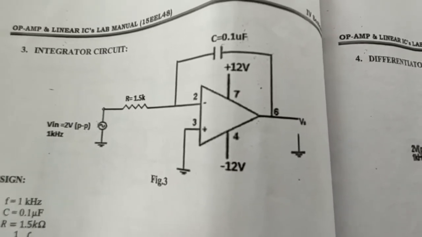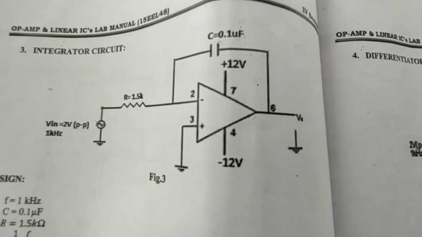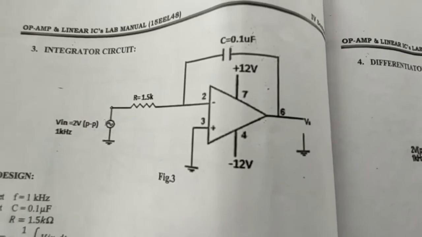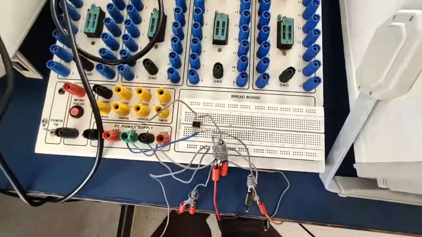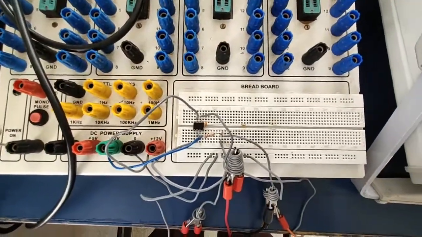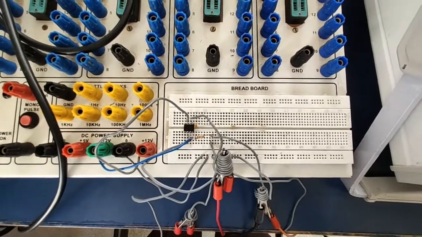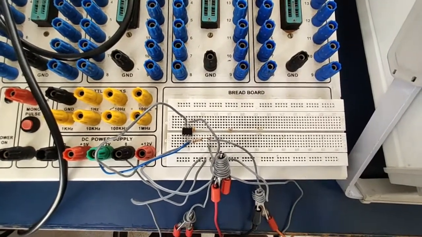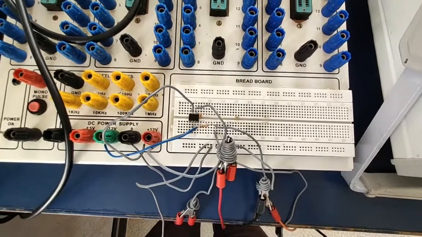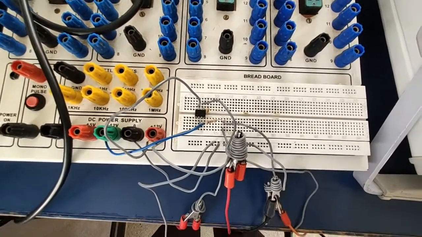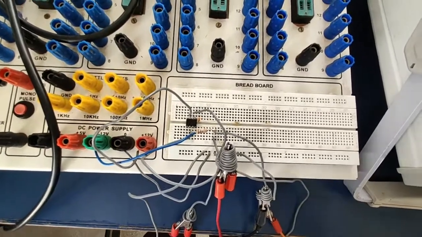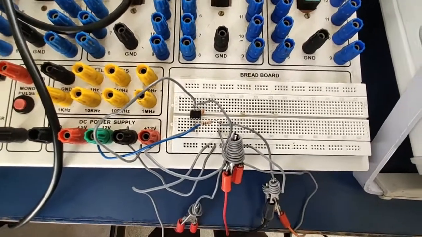Welcome back, students, to another application of the op-amp, that is the integrator circuit. The circuit is as shown in the diagram and it is rigged up in the breadboard. All of you know the pin configuration of the op-amp. As per the pin configuration and the circuit diagram shown previously, this circuit is done. The input is given to the second terminal of the op-amp